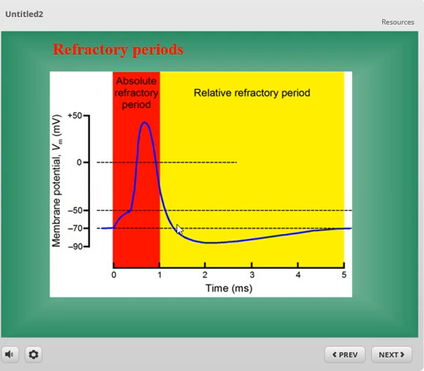The absolute refractory period is the time during which a second action potential cannot be initiated, regardless of the strength of the stimulus. This period occurs during the depolarization and early repolarization phases of the action potential, typically lasting about 1 to 2 milliseconds. The mechanism of the absolute refractory period: during this phase, voltage-gated sodium channels are inactivated